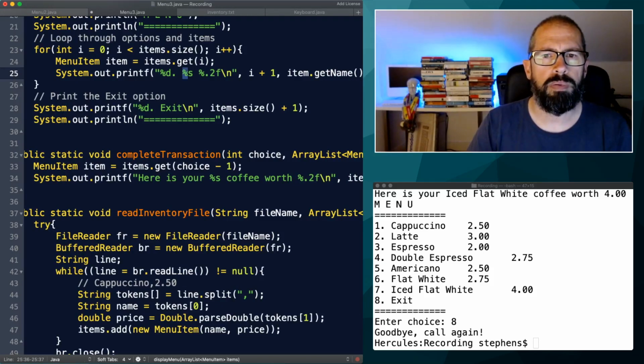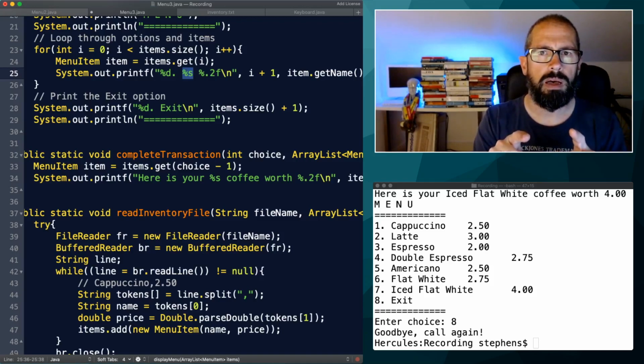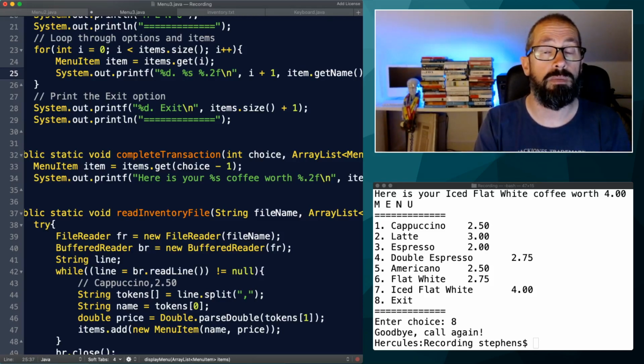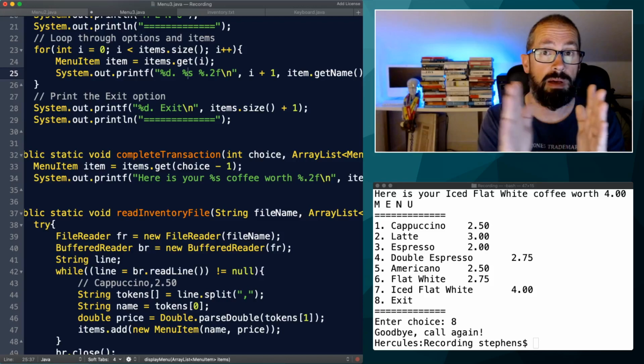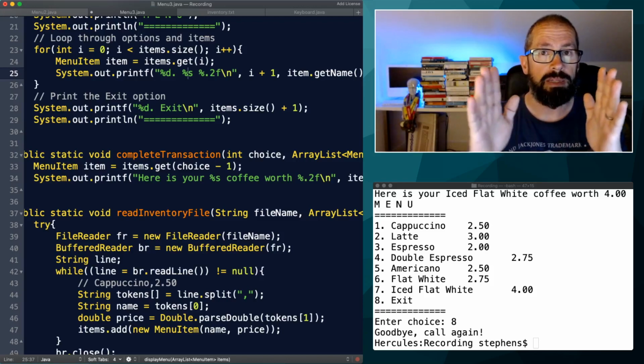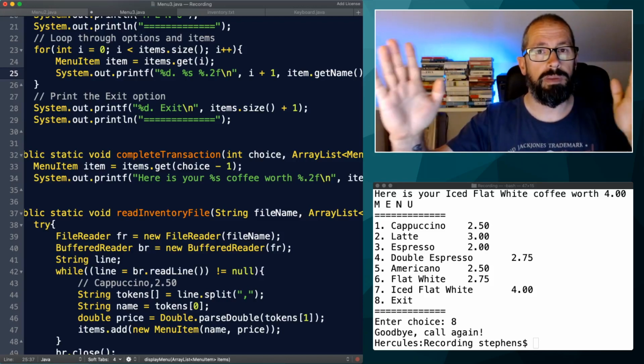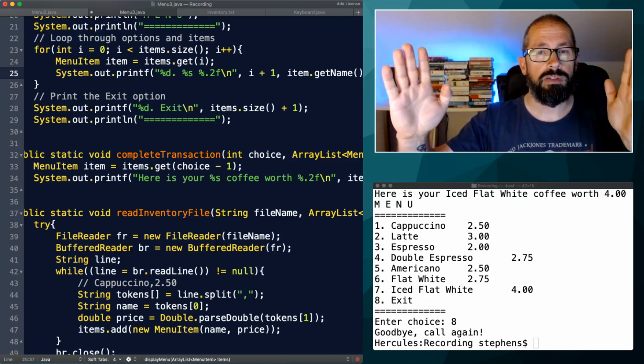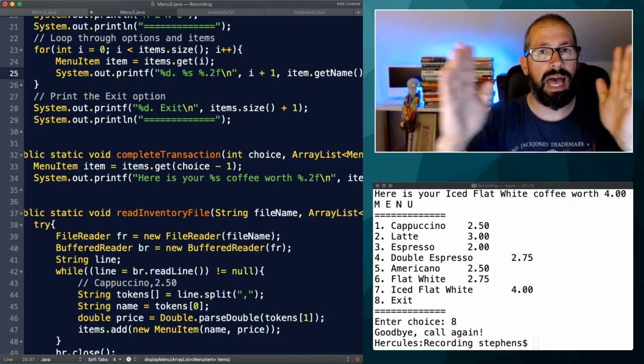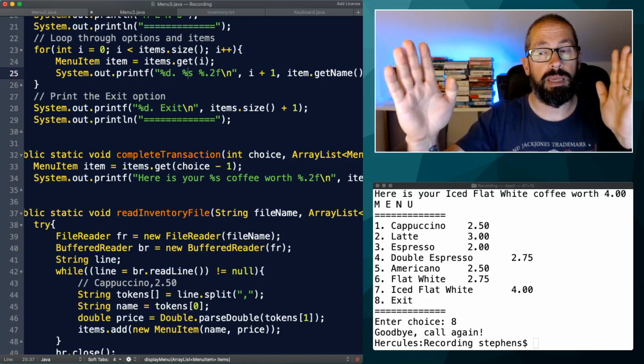And then where I print the name of the menu item, this %s, this format specifier for a string, I'm going to add some padding in here. So it's going to print the name of the menu item, and it's going to use a fixed amount of characters to do that, so that it will pad out,